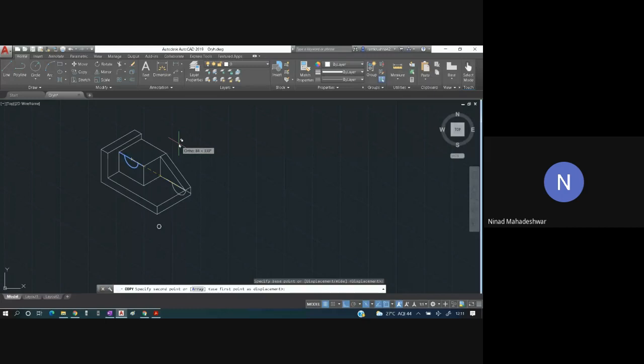So what should I do now, students? F5. We have to change the plane. So I'll press F5. Yes, it is now going inside. Now, how many mm should it go inside? 30 mm. So I'll put 30 mm and press enter. So it has gone inside by 30 mm. Everybody has understood this? Yes.